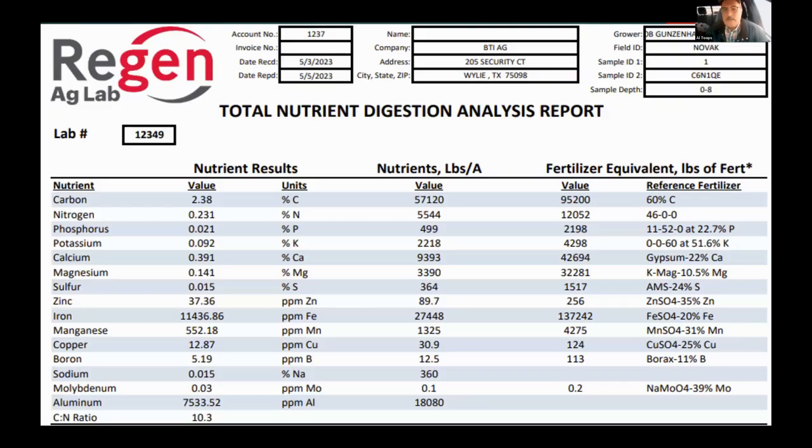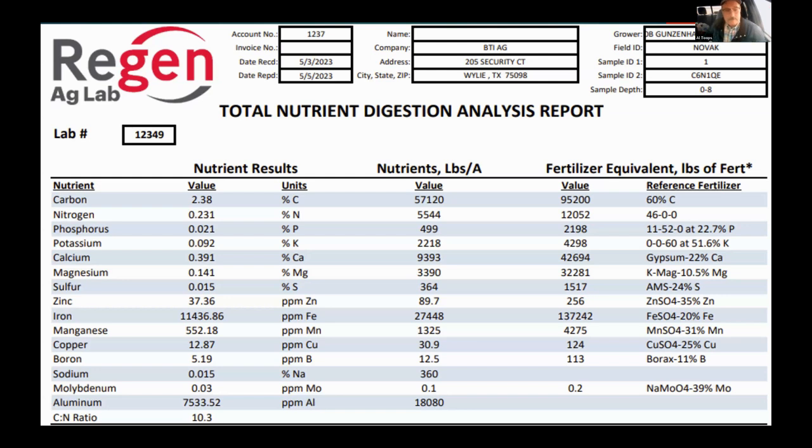So I'm going to go through why we look at this in this way. I work with Regen Ag Lab. This is a lab that actually gives us better insight in what we can do when we're looking at total nutrients, available nutrients, and then the nutrient pathway. All three of these different methods together on one report. So here's a conventional